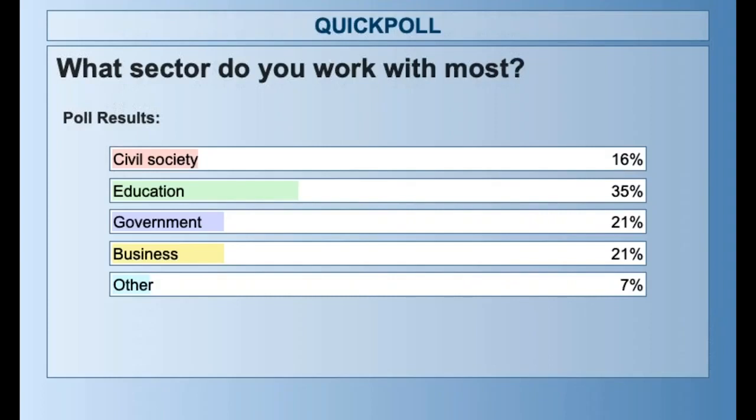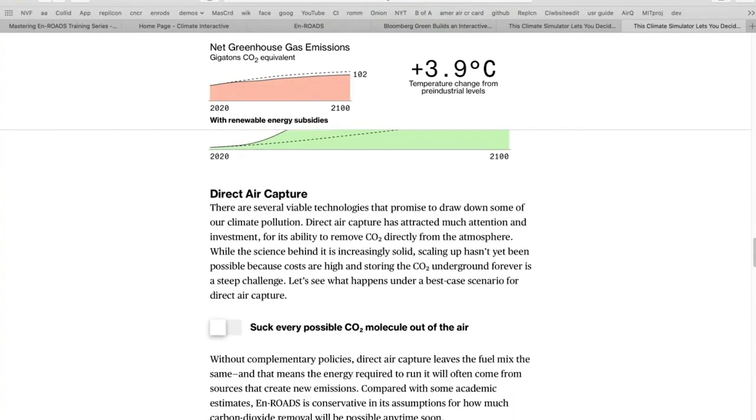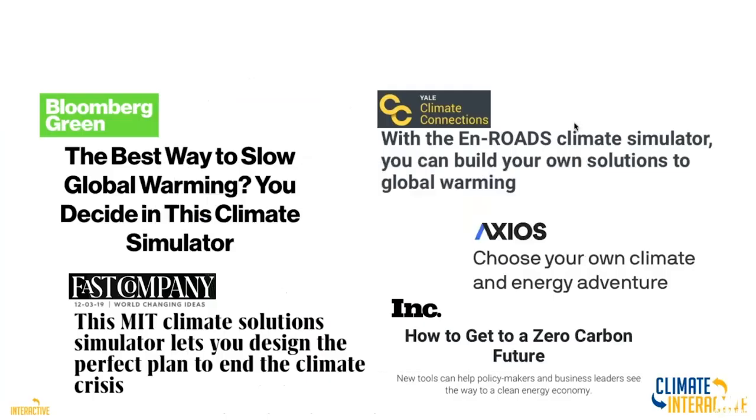Given that, I didn't ask about media, but one place you may have seen our simulator, and what might have brought you here, is Bloomberg Green. Yazir Bindu, can you send the link to what was published recently? You may have seen this in Bloomberg just 2 weeks ago, in April, right on Earth Day. They adapted En-ROADS into an interactive where you can make changes. It was very simplified, but it's a good example of an application, a really simplified version of our En-ROADS simulator. So please send it to everybody.